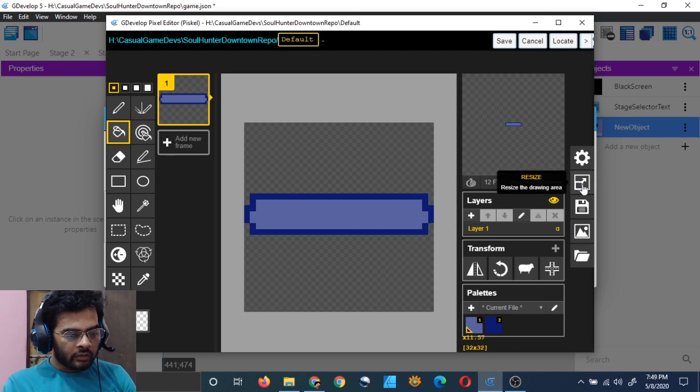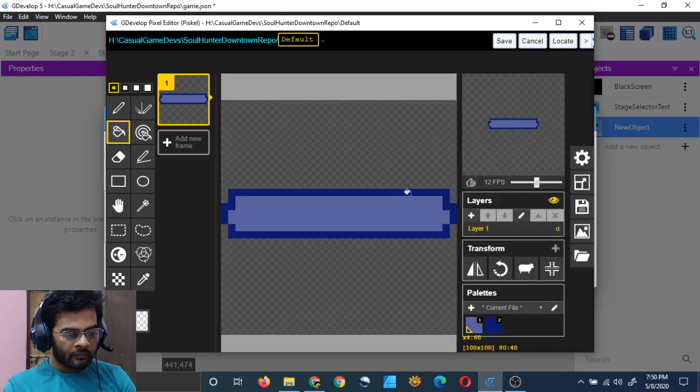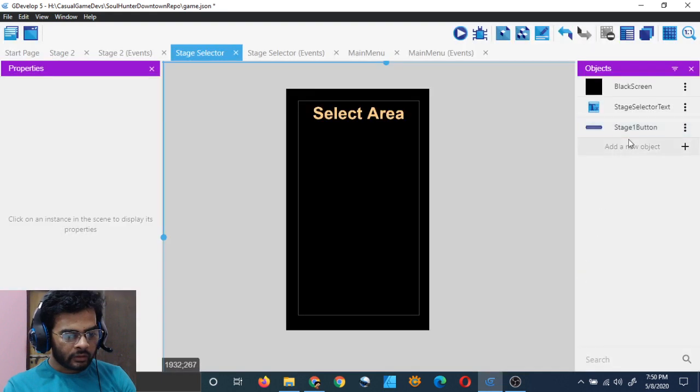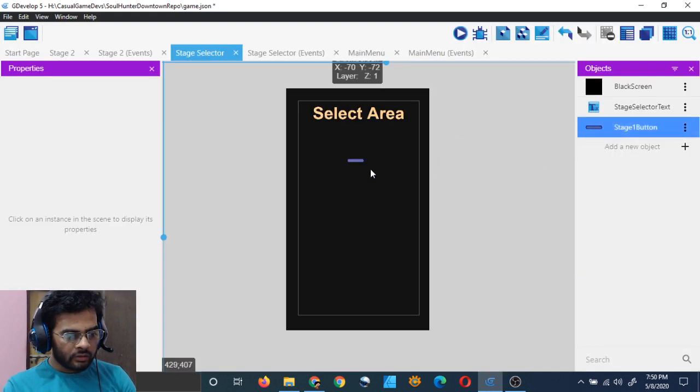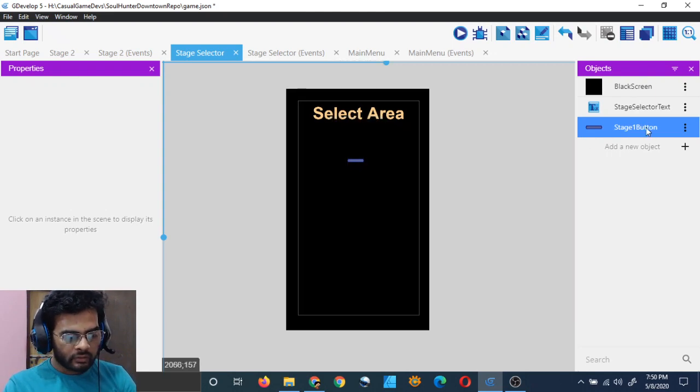And you can resize it if you want. Just resize it to, I think, 100 cross 100. Resize. It's now 100 cross 100. Click on save. Click on apply and now drag it here. It's too small. I think I will go for 256.